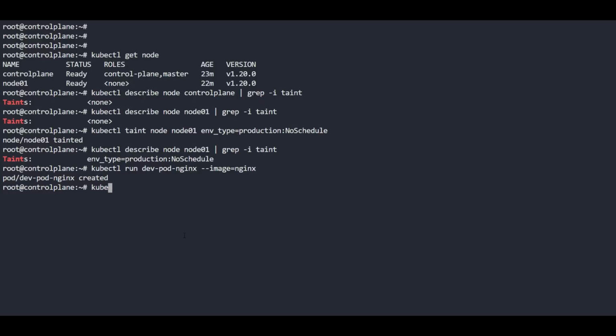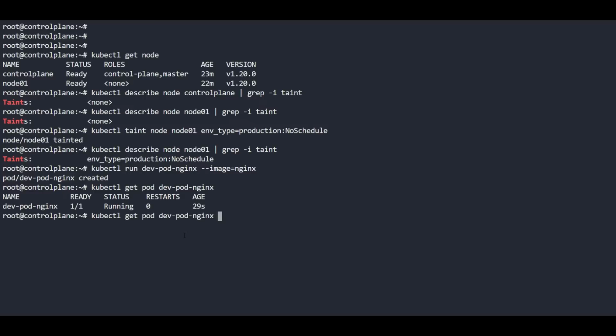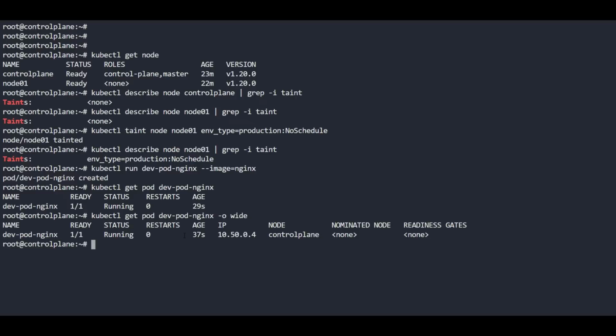Okay, that's it. So you created it, and now verify on which particular node it's running. kubectl get pod. What is the name of the pod? It's dev. Okay, it's running fine. Now we are going to check where it got applied. Right, so here you can see that it got applied on